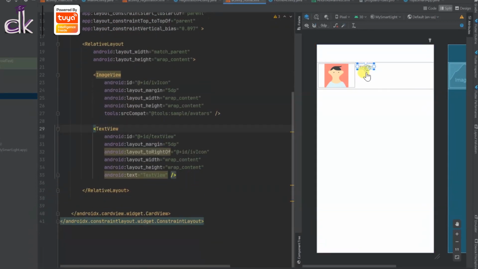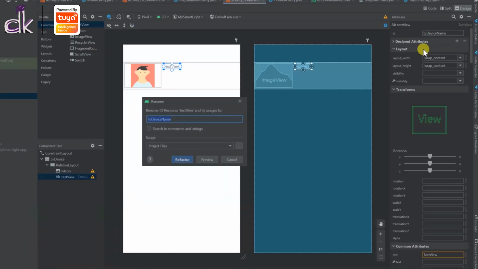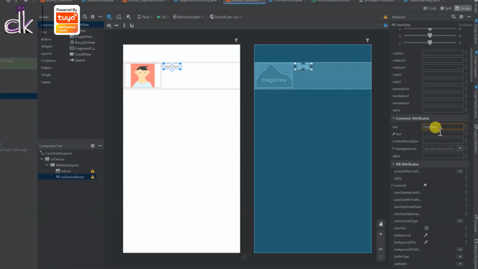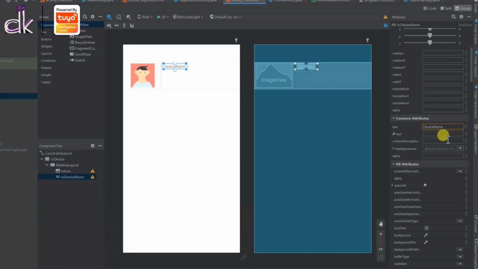Okay, so next you'll need to change the text of this. So for that you can go to design, change the text view, the id as tv device name, right click on refactor, and then change the text to device name. Okay, so change it to device name.